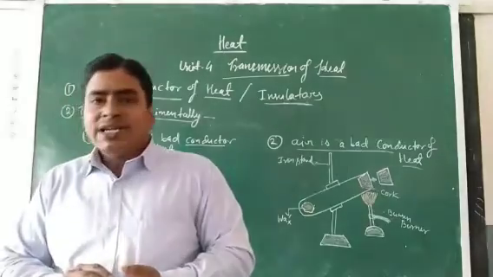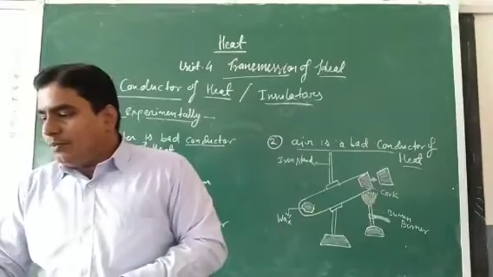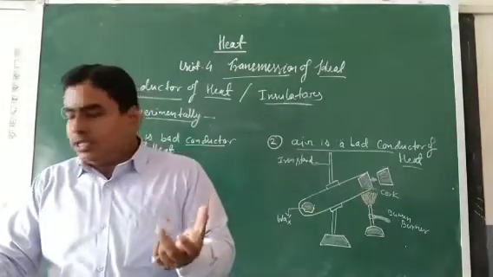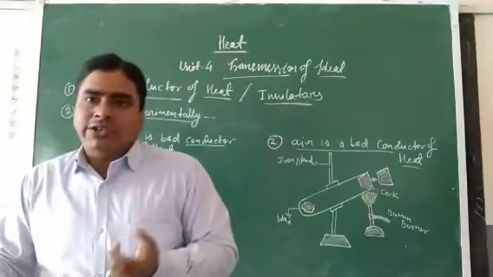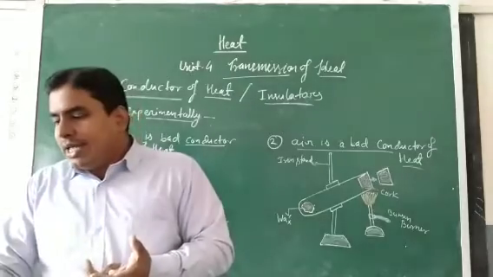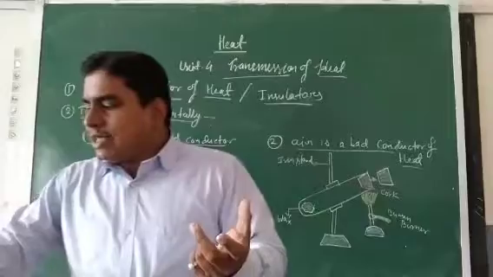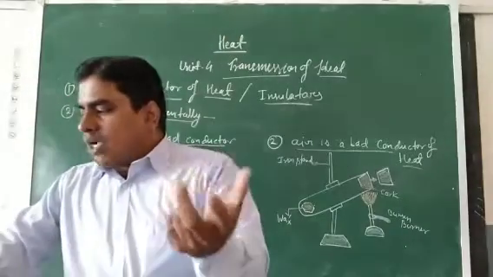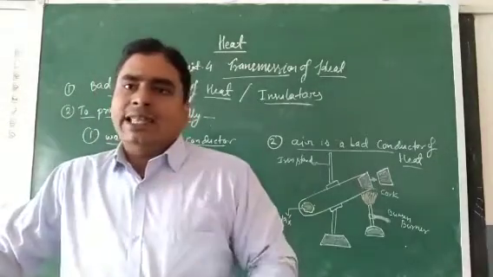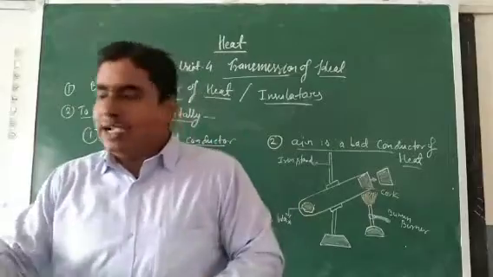Okay, birds puff up their feathers in winter because in doing so they trap a large amount of air, which in turn acts as an insulator and does not allow heat from their bodies to flow out. Similarly, Eskimos make igloos out of snow because snow contains a fairly large amount of trapped air. That air also does not allow the heat from inside to go outside.